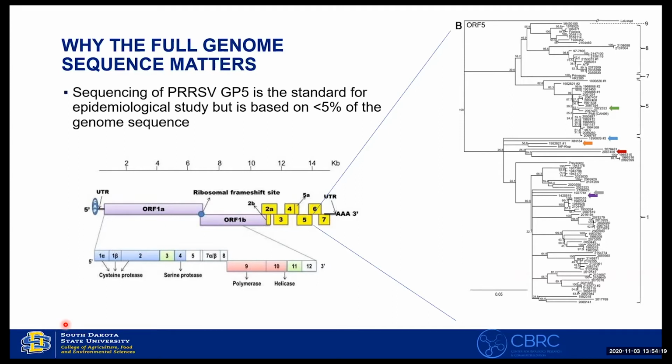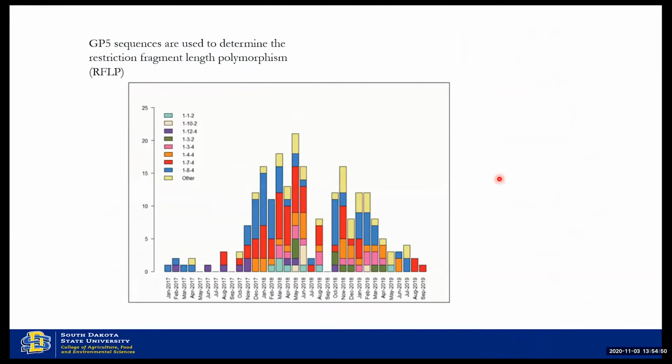When we do that, we sequence GP5. This diagram is an illustration of the PRRS genome. GP5 is here. We sequence this gene, which is about 600 base pairs long, out of a 14,000 base pair genome. So about 5% of the genome is what we sequence with our standard method. We take that sequence and build phylogenetic trees to compare strains. And then also from that sequence information,